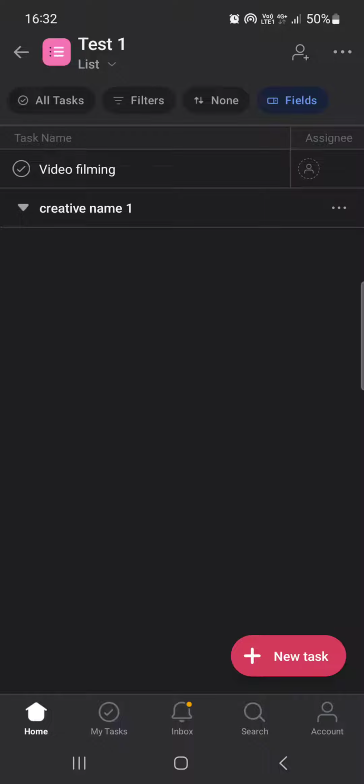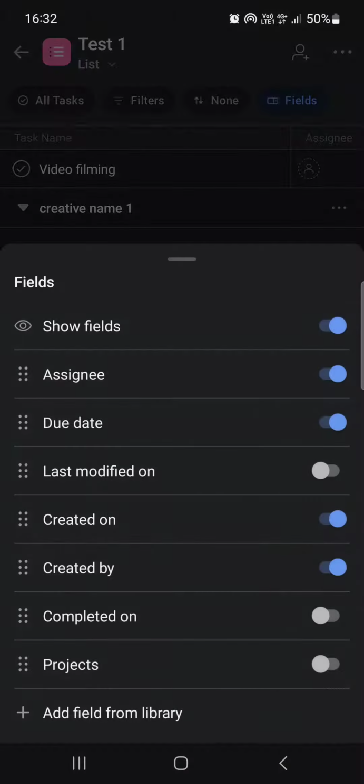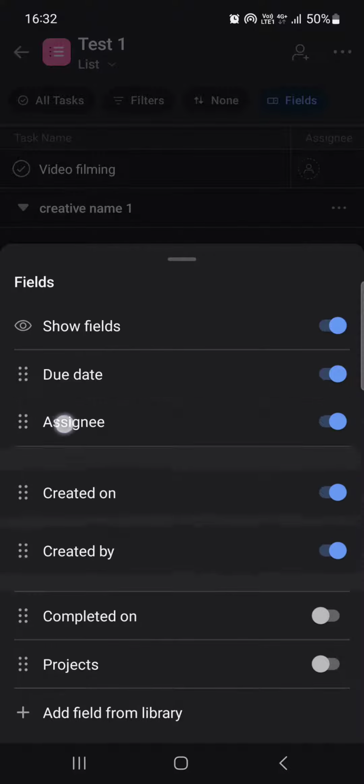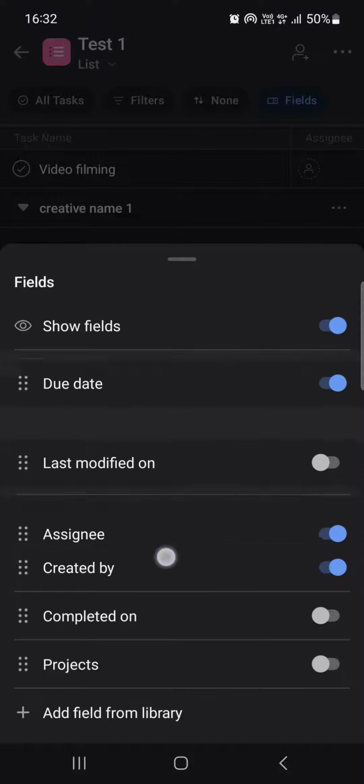Then under the name we find a row of different kinds of functions. Here we tap on fields, and here we have different kinds of fields that we can add to the task list. But what we are interested about now is what happens on the left side of these fields. There are 6 little dots. If we tap on it and hold it, we can organize and we can move these fields and organize them